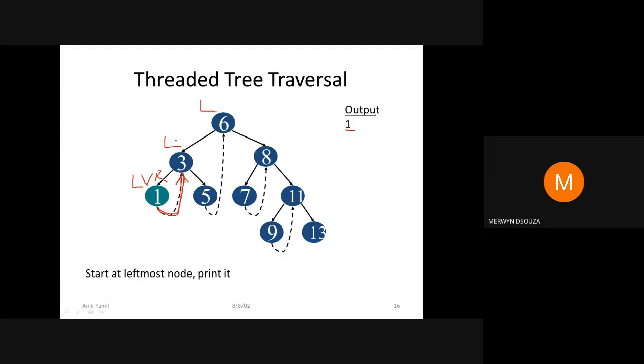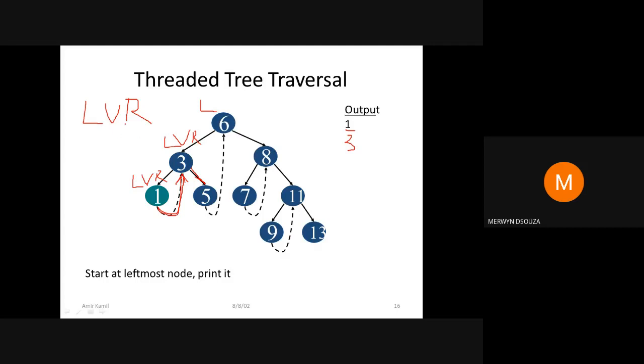Once you come here, you will visit. Since you have already done left, you will visit. You will get tree as the output. Since you have visited, you will go right. So you will come along this path, and so on. Basically, in order traversal you are doing these steps: L, V, and R. I'm not going to trace and show you this entire thing. It works in the same way.